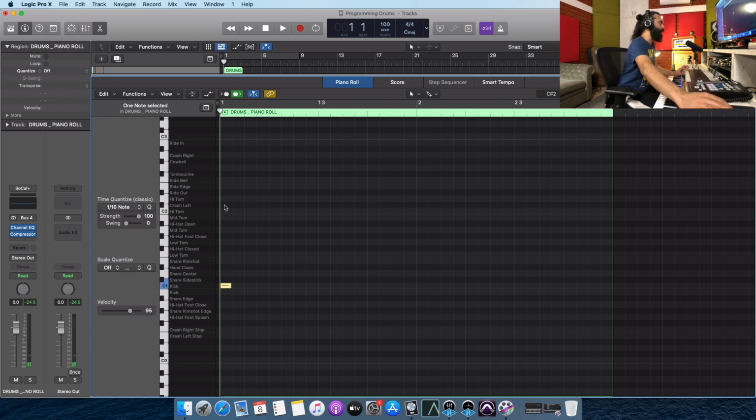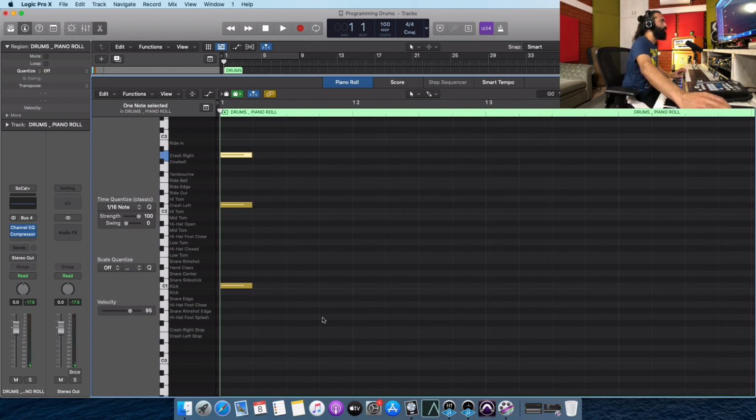And along with kick, I want to add my crash left and a crash right. I want to be able to play both along with kick. Let's kind of maximize this a little bit. Okay. And now